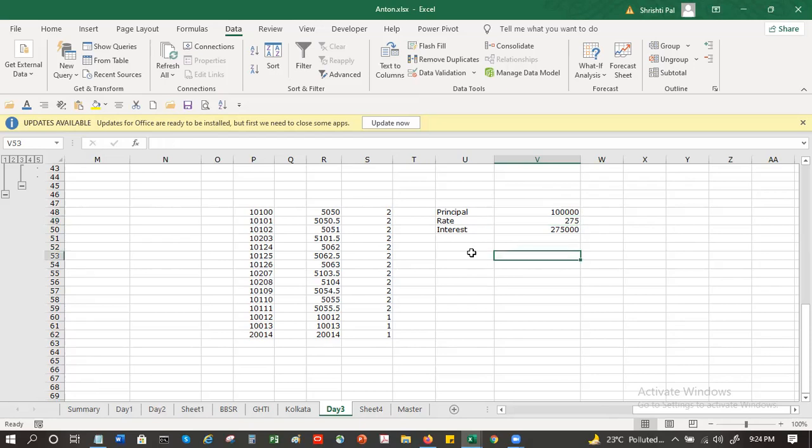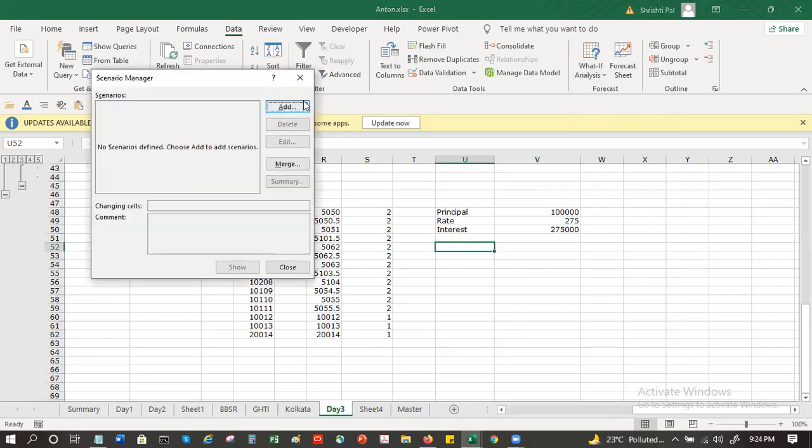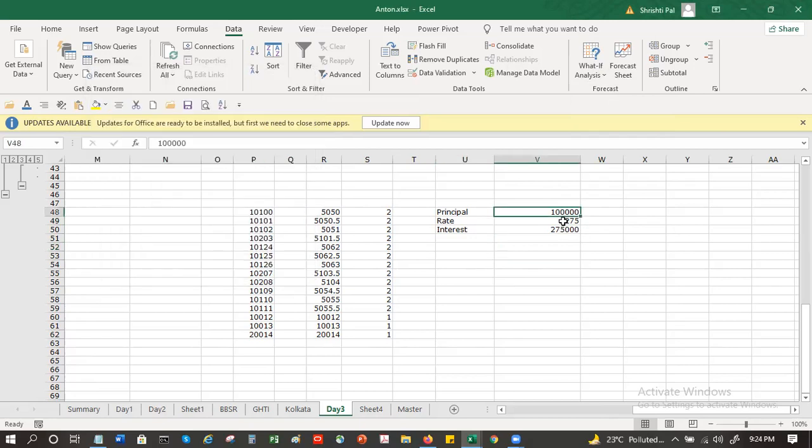Now, based on this, what you can do is, when we have this scenario manager, what scenario manager does is, let me have two realistic cases.